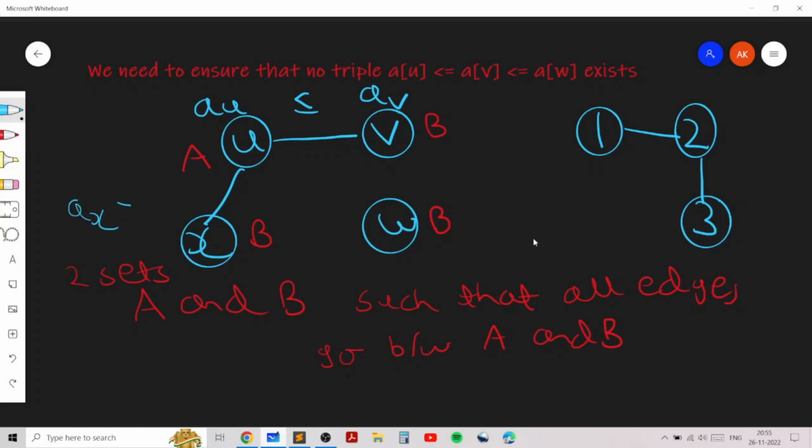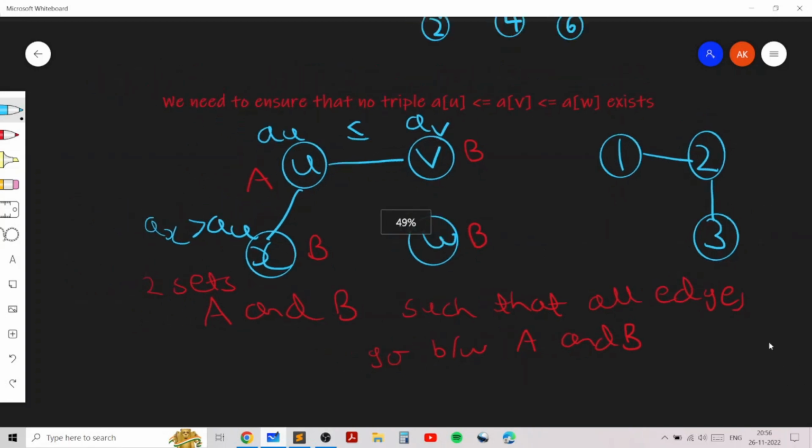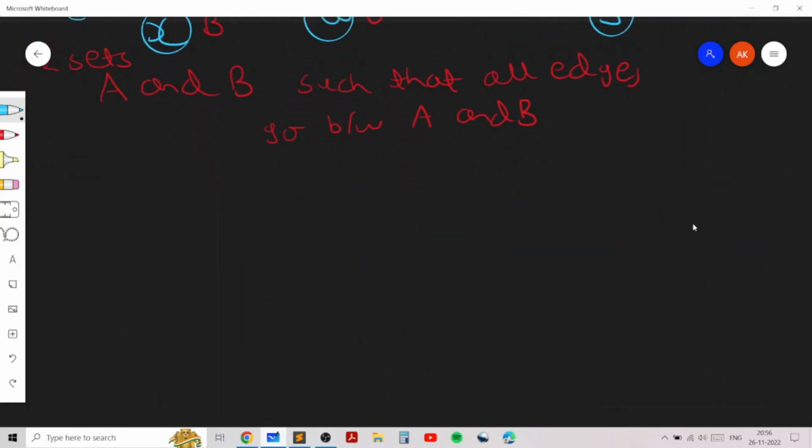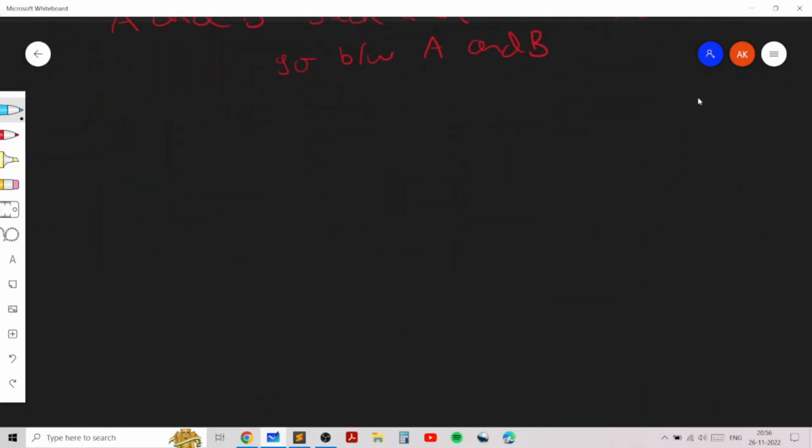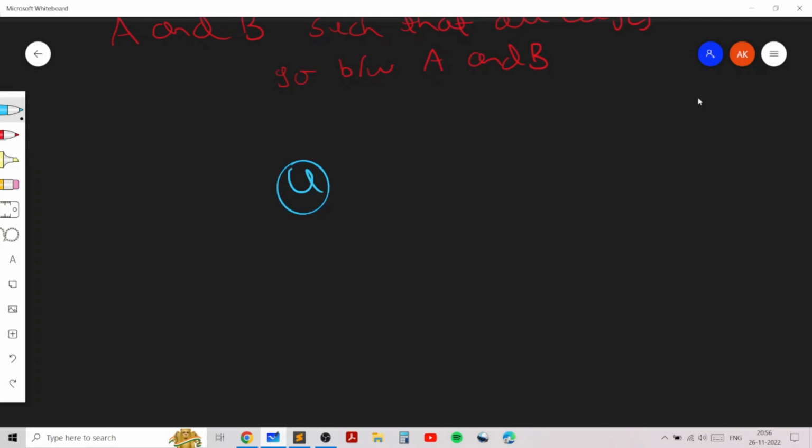So AX should be greater than AU, because if AX is less than AU, or if AX is equal to AU, then you'll get this sequence of AX less than or equal to AU less than or equal to AV. Basically, if you reconsider the edge between U and V, and assume AU is less than or equal to AV without loss of generality, you can see that you cannot add an edge X such that AX